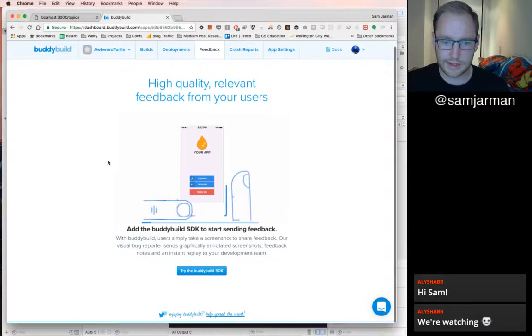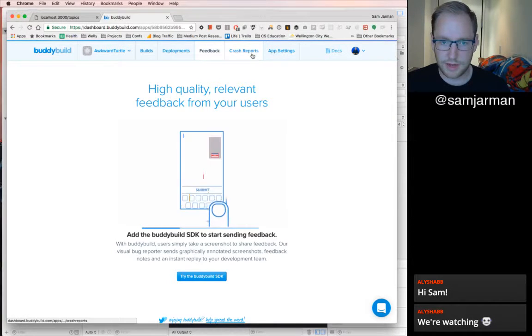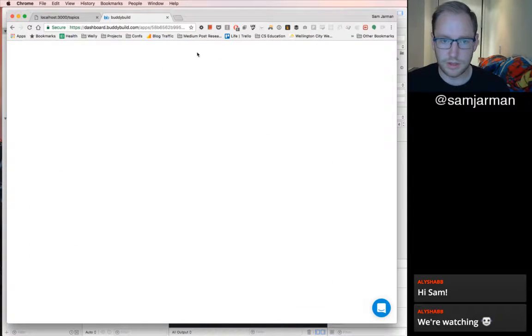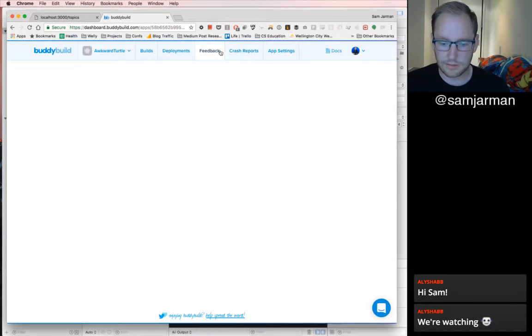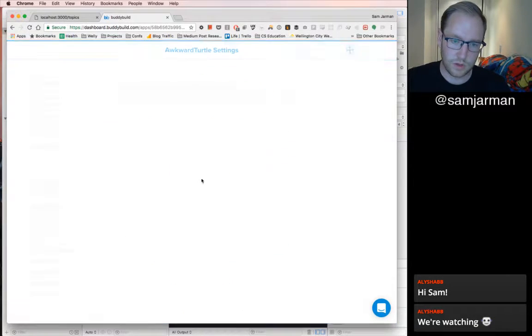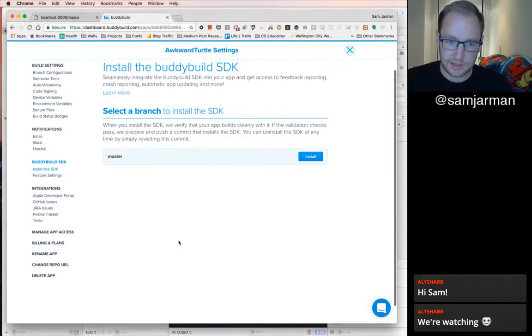Feedback. Build. SDK. I might add that in a second, actually. Crash reports. Straightforward stuff. Cool. Let's go ahead and add the SDK, because I'm pretty much going to use it now because I like it. When I'm installing SDKs, the first thing my eye scans for is the pod command.